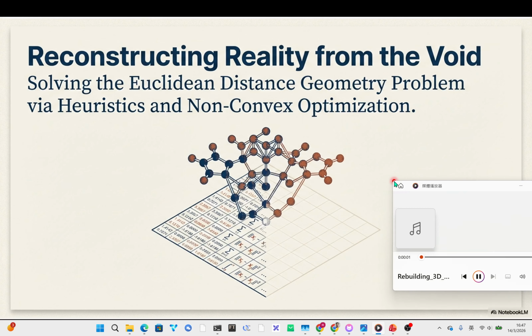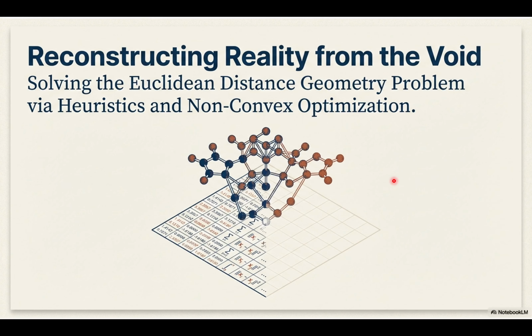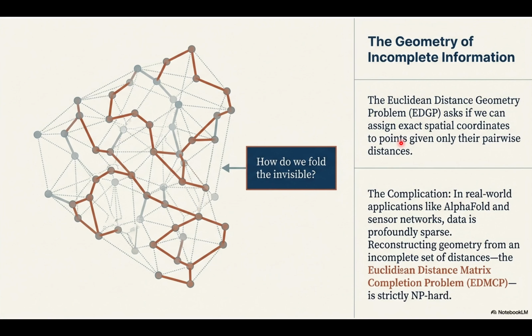Imagine for a second that you're tasked with rebuilding a complex three-dimensional reality. Like an intricate molecule or maybe a map of a bustling city. Exactly. But there's a massive catch. 99% of the object is totally invisible. Wow. All you have to work with are a few random distance measurements between hidden points. So if you've ever felt like you're trying to put together a puzzle with missing pieces, wait until you hear